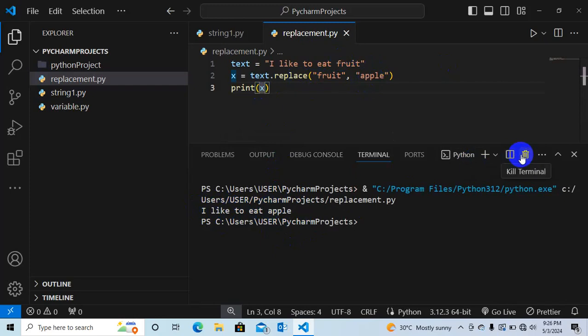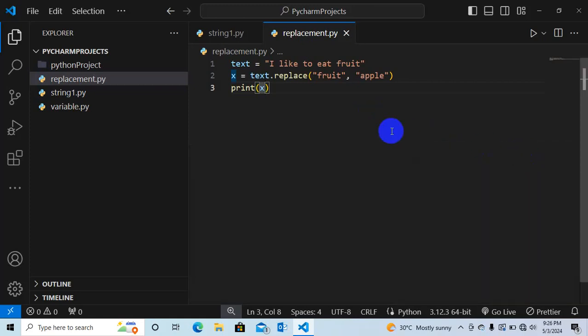Now, what we want is for the user to input their own sentence, and be able to replace a word within that sentence with another word. So we're going to use input. Let's comment this out. We can come here and comment this.